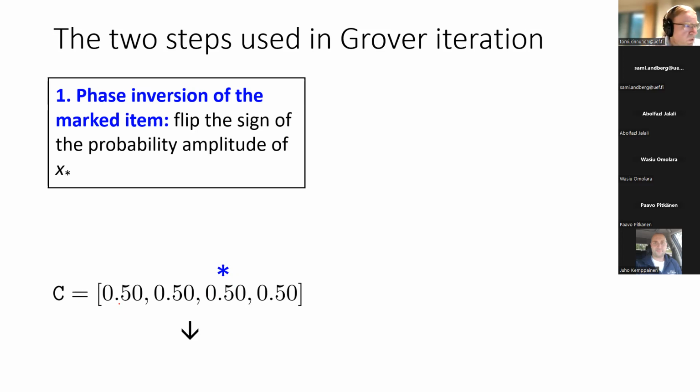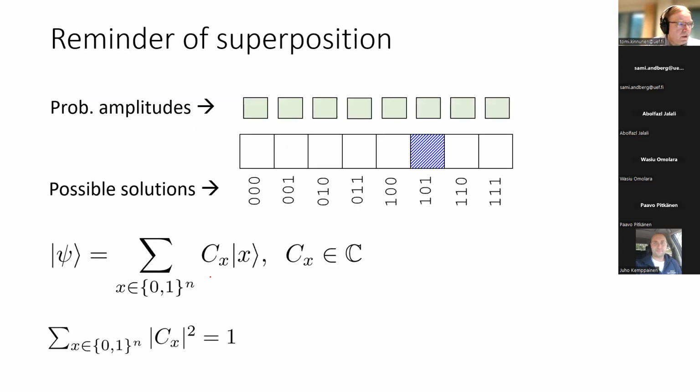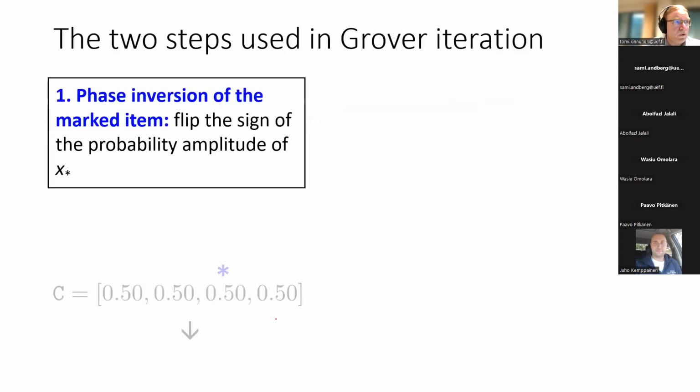If you are wondering why they are 0.50, if you still remember how we define the probability amplitudes, the sum of the squared moduli of the probability amplitudes has to equal 1. We have 4 cases, so in this case the probability amplitudes are 0.50.